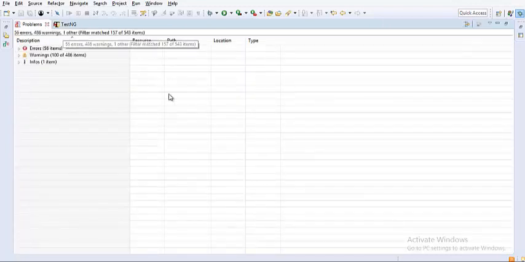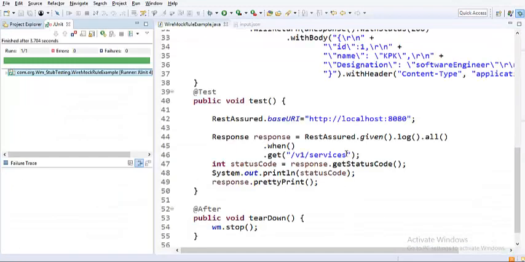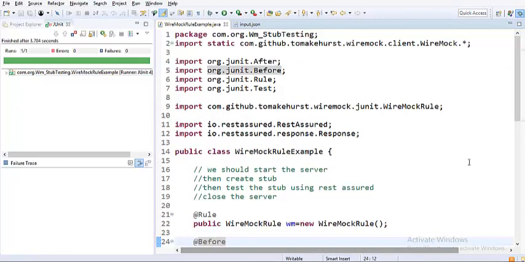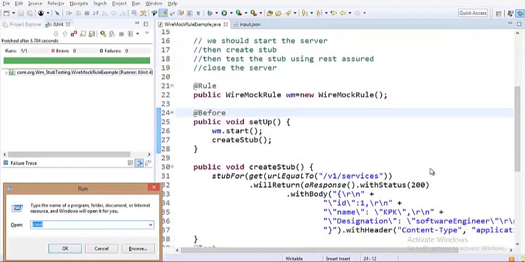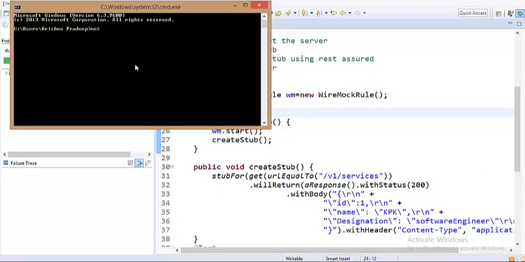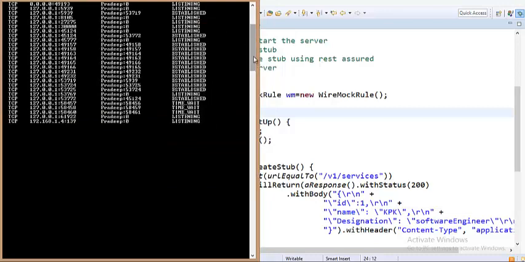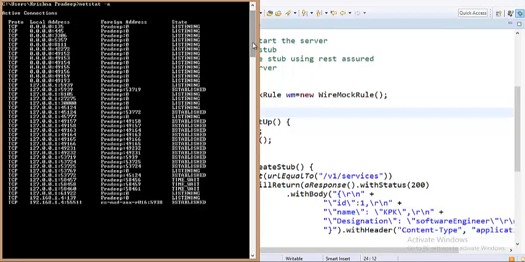And there is another way to start as well, which is basically starting on dynamic, different ports. If you see, guys, right now I do not have any WireMock standalone server started. Let me prove that. If I give netstat -a, you see there is no WireMock running on my port number 8080, because we are not using the standalone server anymore.